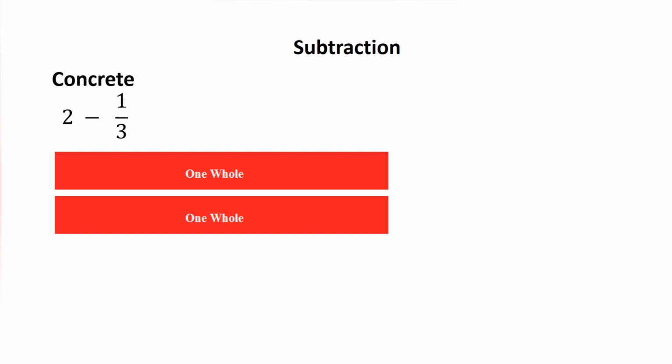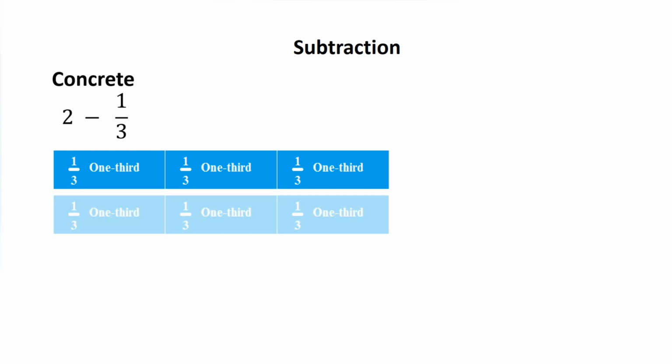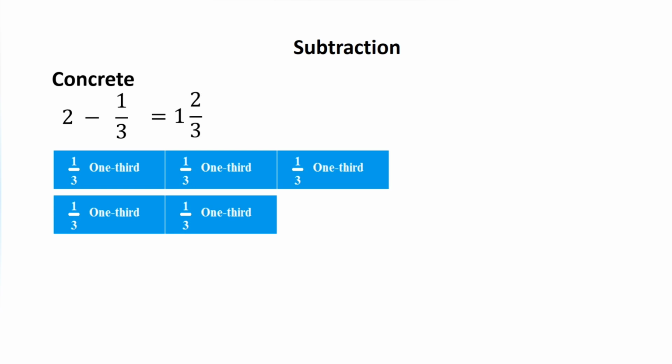Students, through prior experience, would be able to tell that the whole can be expressed as 3/3. Now that they are of the same family, we can remove one of the third to get the answer. So our answer will be 1 2/3. Teachers should be encouraged to provide a few more examples, at least 3 more examples, before they move on to